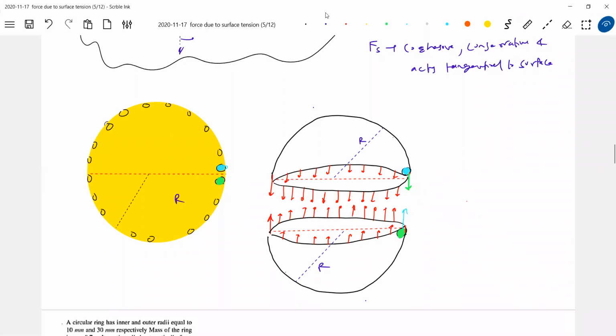I think it's quite clear. What is this force exerted by this green color molecule on this blue color one? The green arrow is the force exerted by the green molecule on the blue one, and the blue arrow is the force exerted by the blue molecule on this one. This is what happens here. So instead of drawing the line exactly on the diameter, if you draw it here, tell me how the force will be. Let me cut it at this particular point.